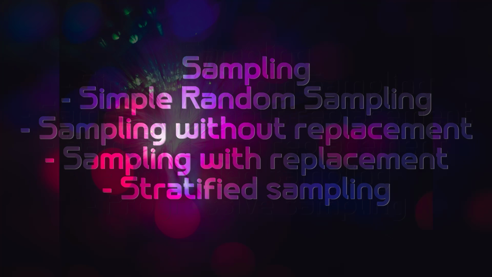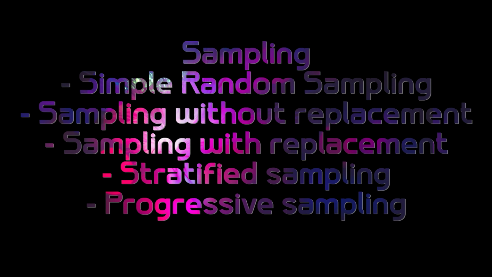The last type of sampling is progressive sampling. So in sampling, there is a general problem that you never know what a proper sample size would be, and it is difficult to determine as well. So adaptive or progressive sampling schemes are used in such cases. These approaches start with a small sample and then increase the sample size until a sample of sufficient information and representativeness has been obtained. Now moving on to the third type of data pre-processing, which is